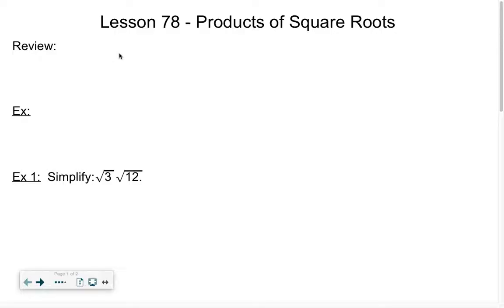For lesson 78, we're working with products of square roots. We talked about this lesson the other day when we were simplifying square roots and how we went about simplifying them. So a little review. If we go back to that lesson, one of the examples that we looked at was the square root of